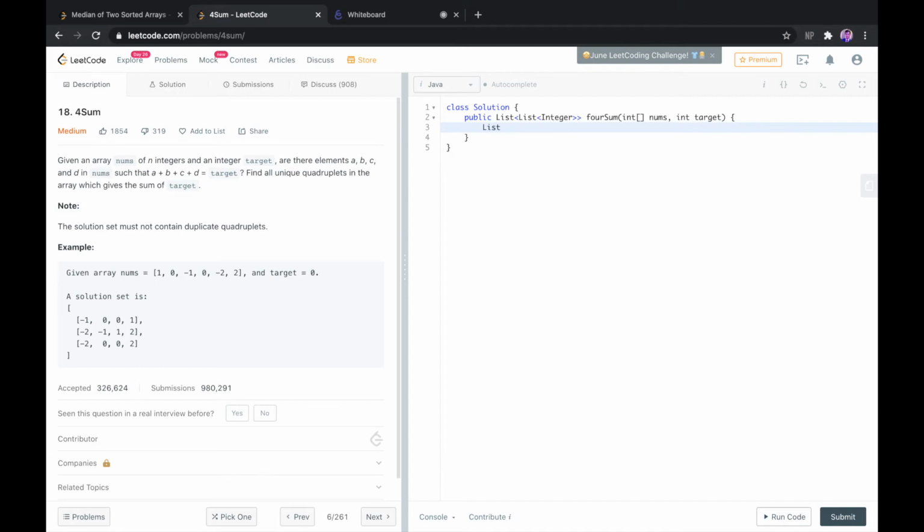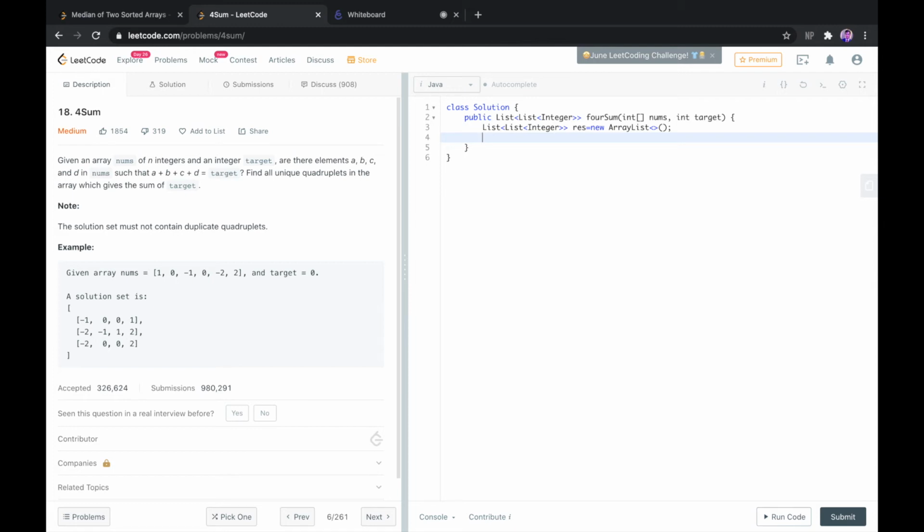So what we do in the beginning is we create a list of integer type, naming it result or res. So it's an array list. Now we need to check if the nums array is not null and the length of it should not be less than 4.